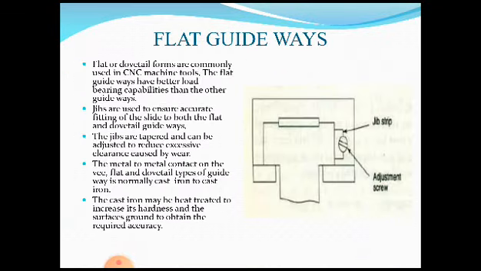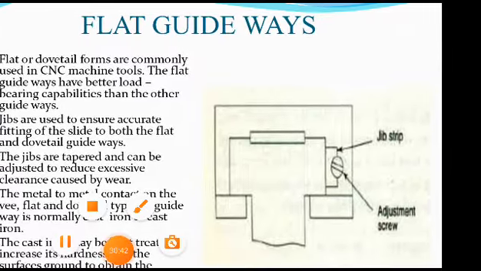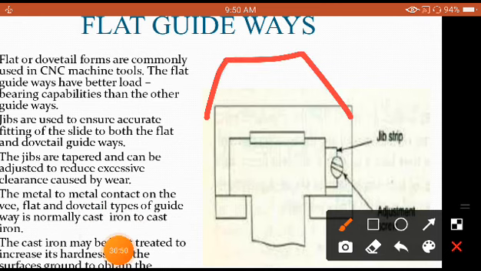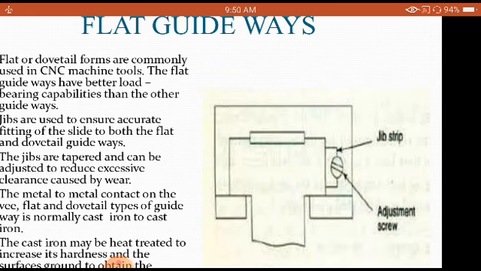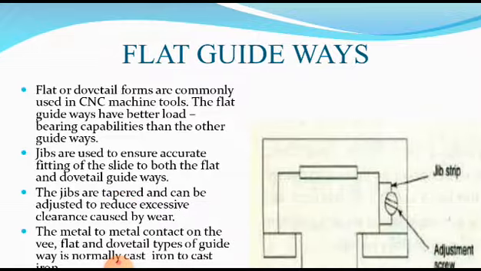Now let us understand the flat guideways separately. Very, very important. In the previous case, it had a shape like this. But now you are going to see the flat. This is a moving element. This is again a stationary element. The locking system is there as usual between the two members. But whatever the type of surface, it is totally flat. That is a very, very important point to be noticed here.